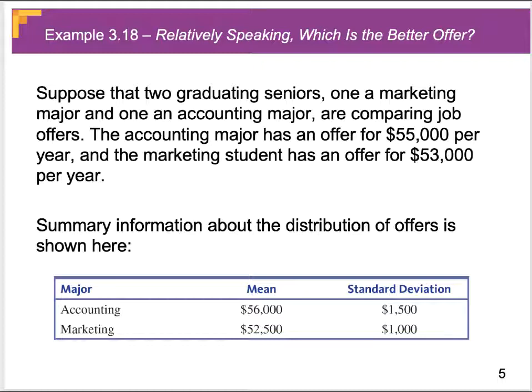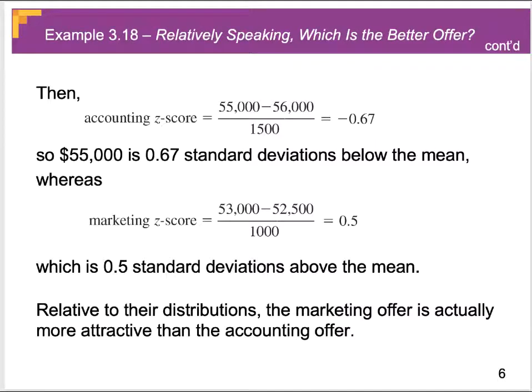But what would make even more sense here is to see how that offer compares to what is typical for observations in that particular distribution. So we'll take the accounting value, which that offer was $55,000, subtract the mean for accounting majors, and divide by the standard deviation of accounting majors. So that z-score is actually negative 0.67, telling us that the $55,000 salary is actually 0.67 standard deviations below the